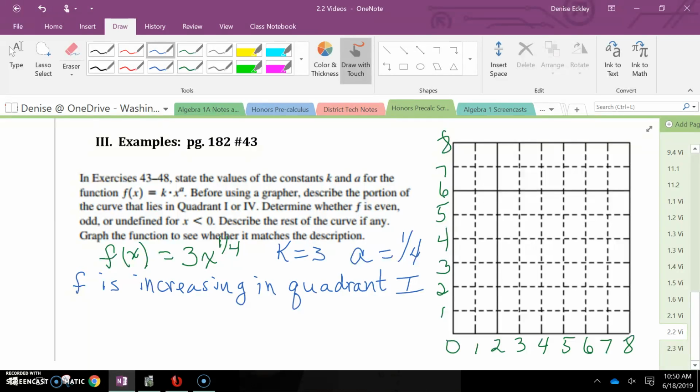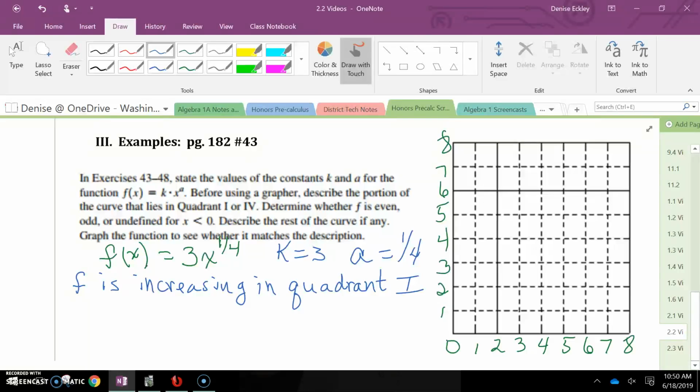have a negative value, and we're not based on what we have here, because any x value we take the 4th root of is going to give us a positive number, and if we multiply it times a positive number, we're only going to get positive values. So there's no values in